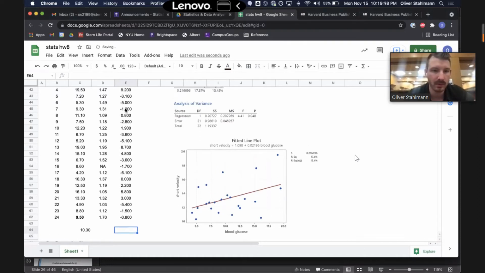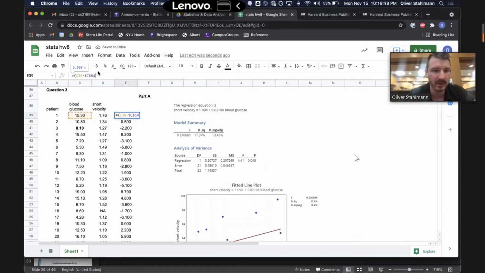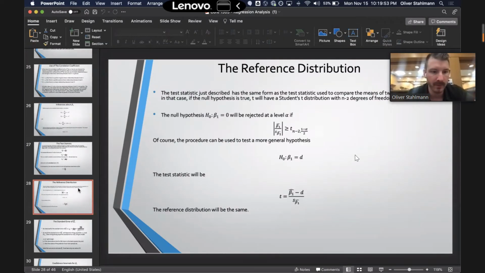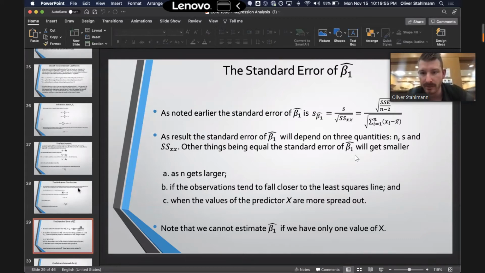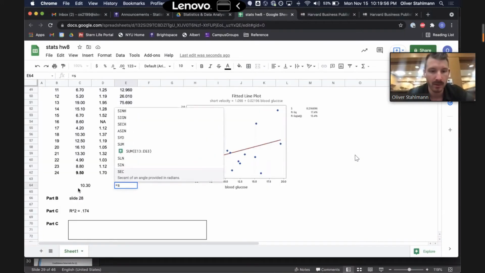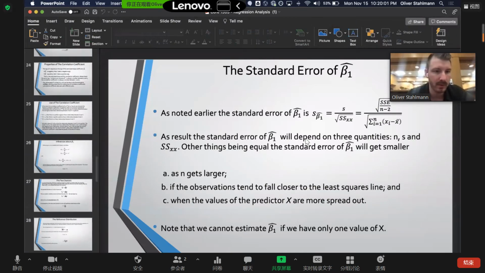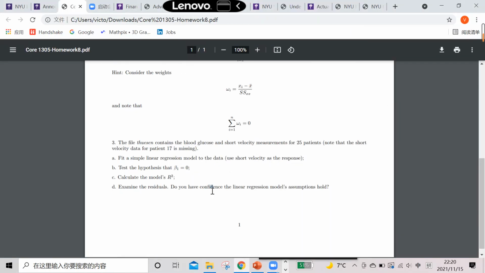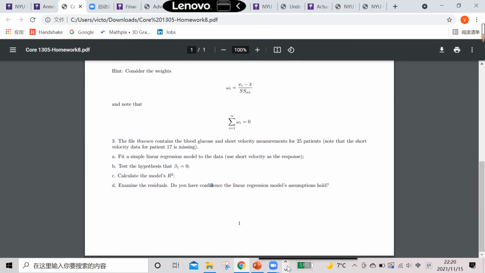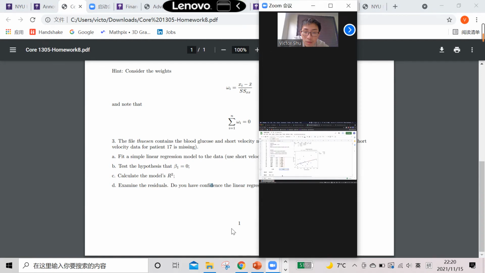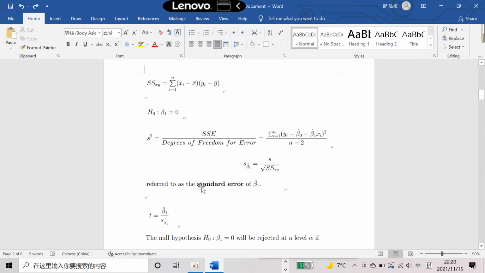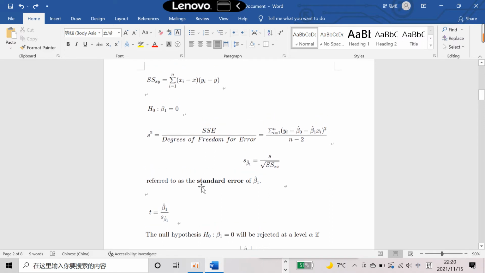So I need to take the square. I need to square this, right? Yeah. And then we go back down. It's s divided by the square root of that. So hold on. Go back here. It's the square root of the sum of this, right? No. So this is, and we divide